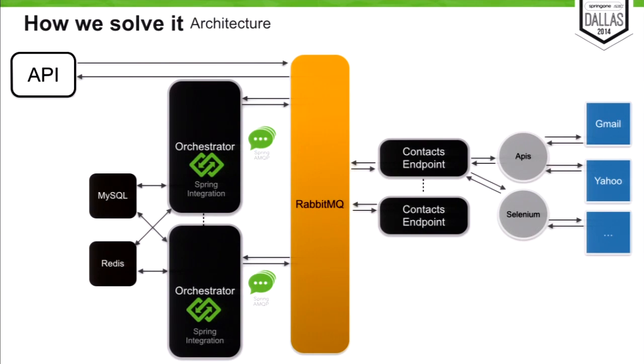So how do we solve the problem of diversity of data? The endpoints have to transform the contents into a common format. For example, contacts transform the data into vCards, and calendars transform the data into iCalendars. Also, as I mentioned before, the contact endpoint is not the only endpoint that we have. We also have email and calendar endpoints, which leads us to the problem of diversity of sources. So we designed a protocol with Spring Integration that all the endpoints have to fulfill. These messages or format have to be the same for all the endpoints.